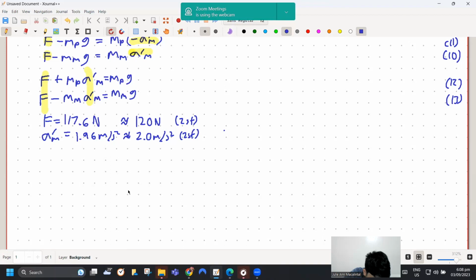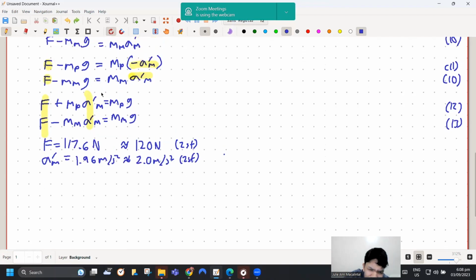And then to solve it, pwede kang mag-elimination dito sa 12 and 13, di ba? Teka, nag-matrices and determinants ka na ba or hindi pa? Opo, matrices, pwede po nga po siya. So, let's say kung ito, ano ba to? Let's say ito, lilipat ko siya sa other side. Ay, actually, hindi, tama yan. Standard form na yan. So yung matrix mo would be yung 1 1 m sub p